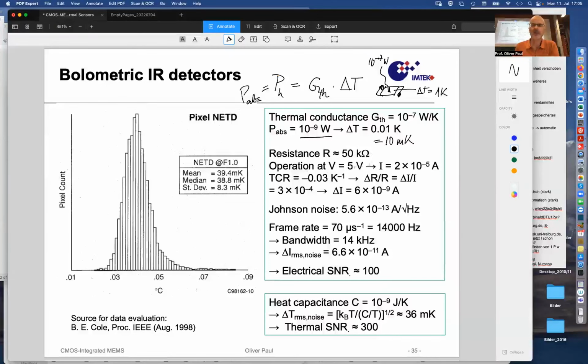I just assumed, let's assume 50 kilo ohms. Now, if we operate this structure at 5 volt, then the current that flows through the structure will be 2 times 10 to the minus 5 amp. And with a temperature coefficient of 3% per Kelvin, 0.03 per Kelvin,